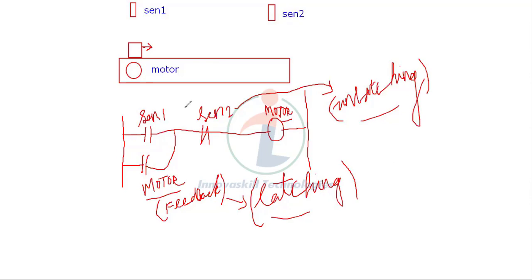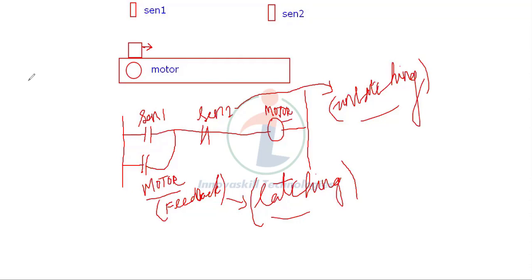I will give another example for this also. Just consider you have a push button. The function of a push button is that if you press it, the output will be on. But if you take your hand back from the push button, the output will be off, because the push button will immediately turn off.